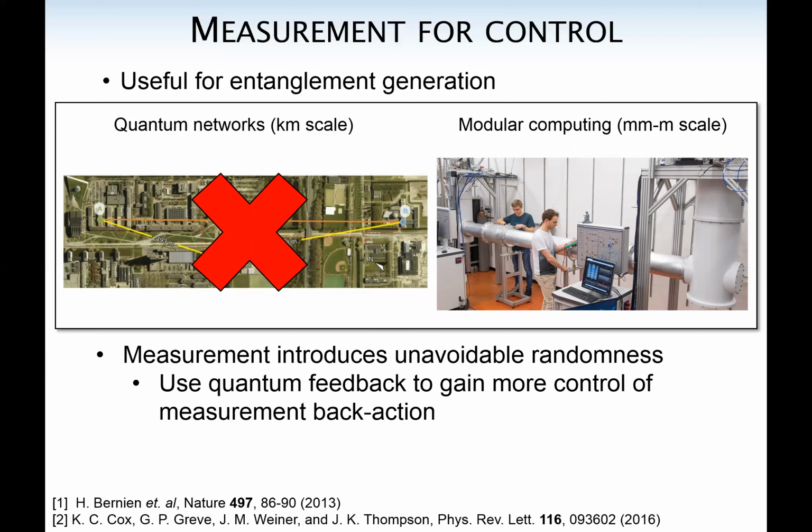But I'm more imagining a modular quantum platform where you have either a bunch of qubits on a chip that need to be interfaced rapidly but are too far away to interact directly, or a couple of modules of qubits that are separated, maybe on the order of millimeters to meters. And these are both situations where heavy optimization of the rate of entanglement generation is going to be crucial, because entanglement generation will form a bottleneck for a lot of modular quantum computing infrastructure.